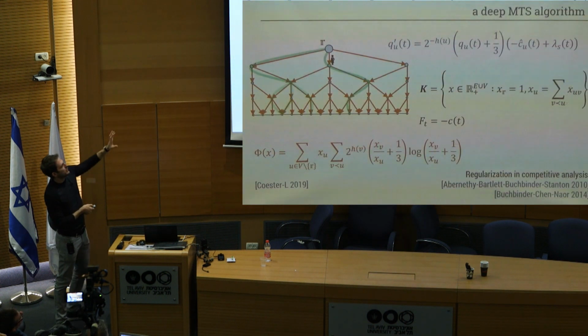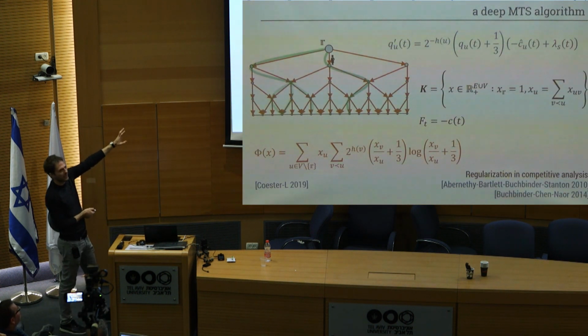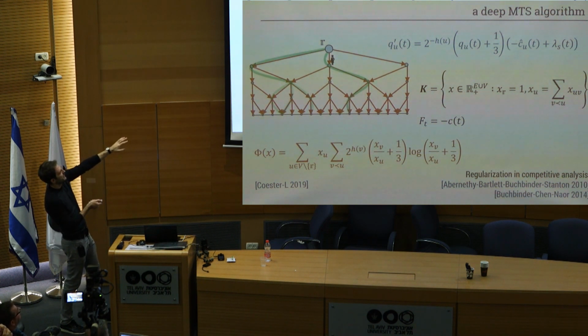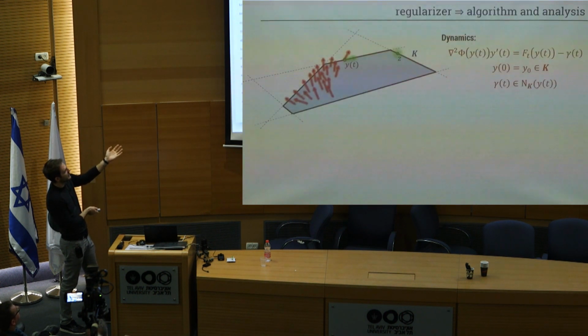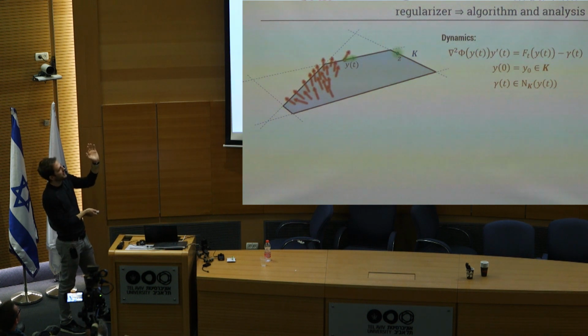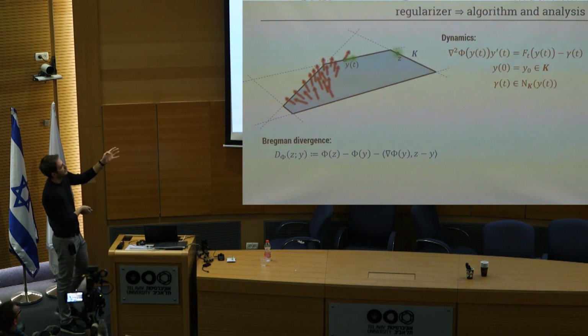Okay. So the first takeaway message here, I'm going to tie this back to the setting of deep learning and also to the rest of competitive analysis, is just that you can get these dynamics that look complicated, would be almost impossible to analyze without having the perspective that this is just some gradient flow. But I didn't tell you why these things are easy to analyze, and this is really the most beautiful thing about this